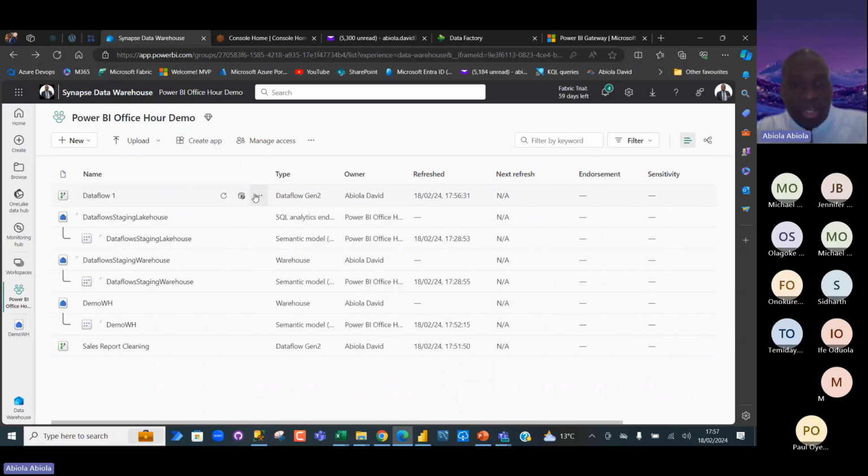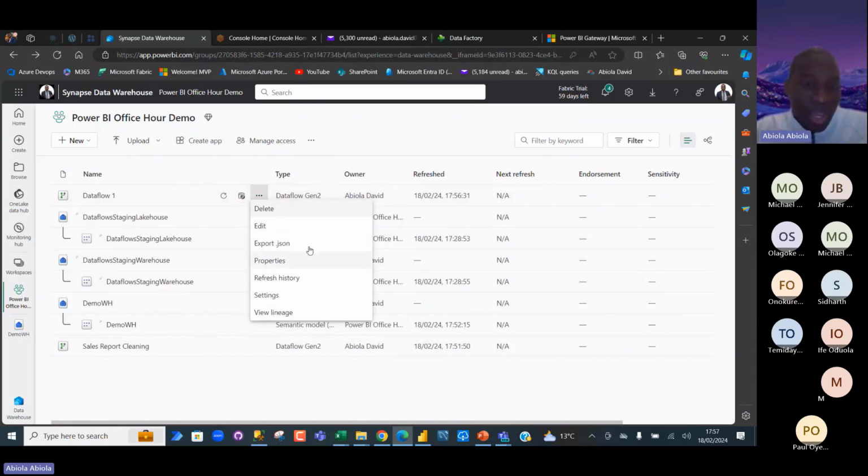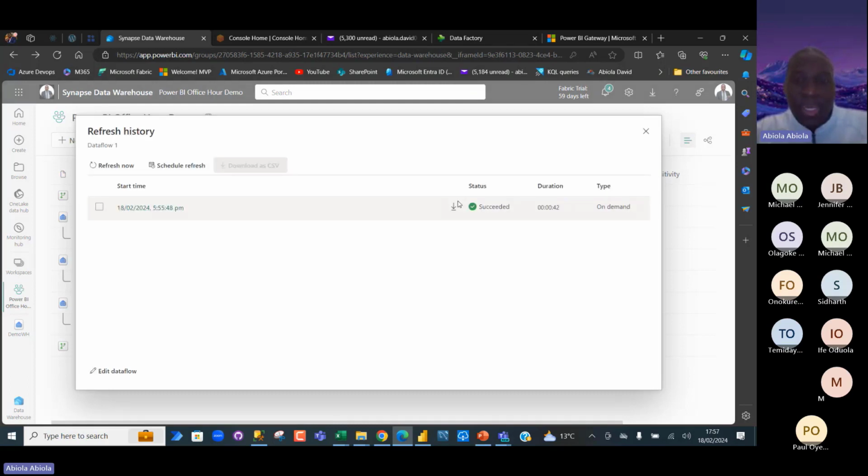Okay, I think this is done. All right, yeah, it's fully deployed. So once it is fully deployed or ingested into the warehouse, the properties and everything becomes available. So click on the refresh and there we go, succeeded. So let's just move past.